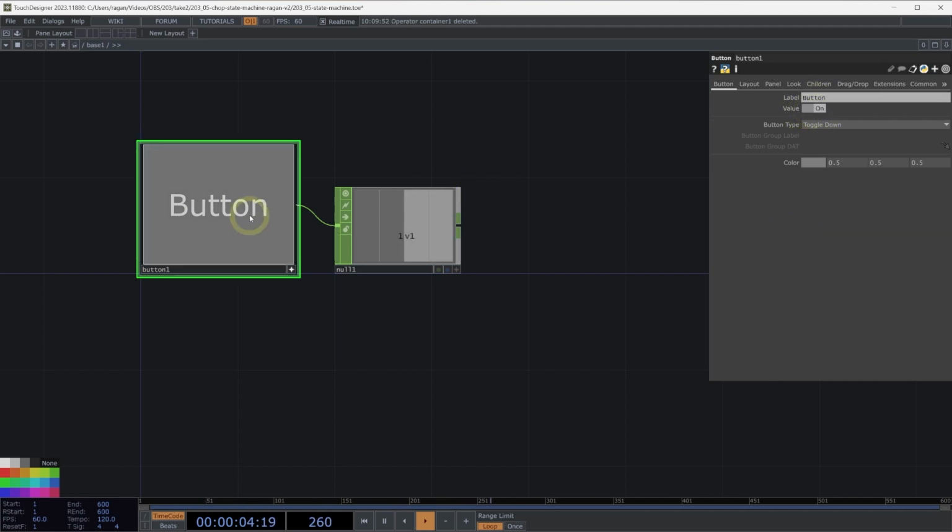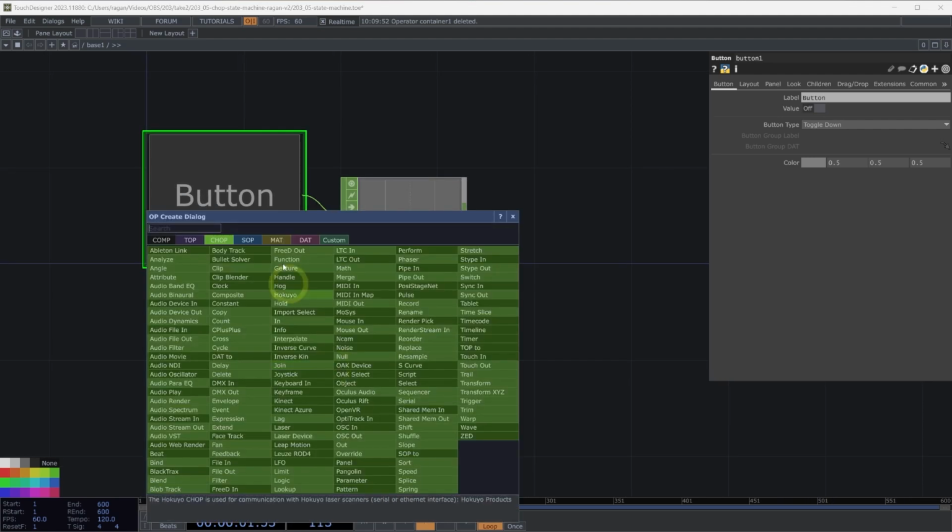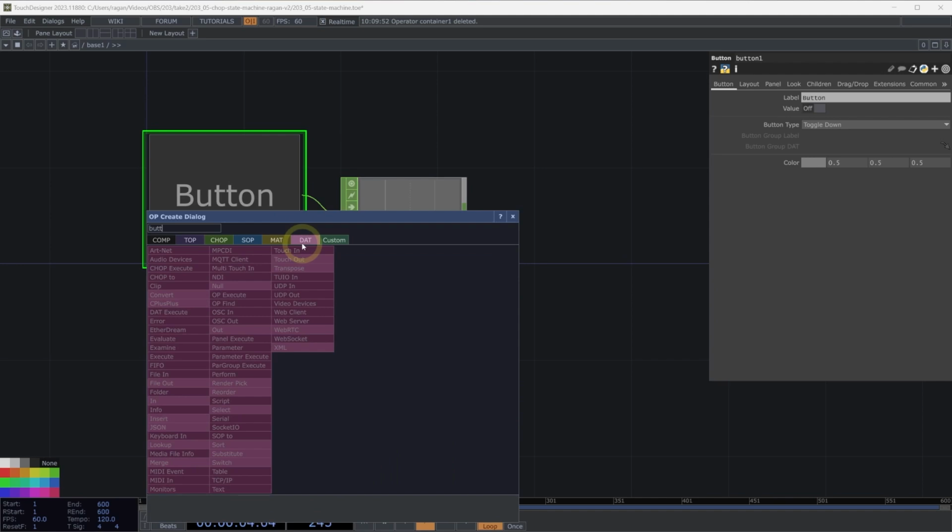Now, this is a relatively simple way of thinking about state, but in this case, our parameter holds the state of our button, and we can see how we can interact with our button, or interact with the parameter, to change that. Now, we can use that in lots of different ways. And in fact, one of the simplest ways that we might think about this would be to say, add a